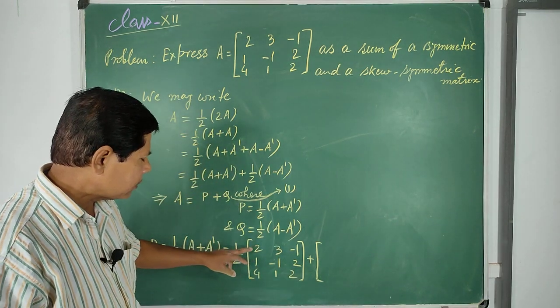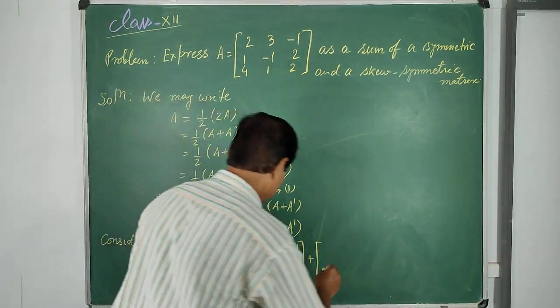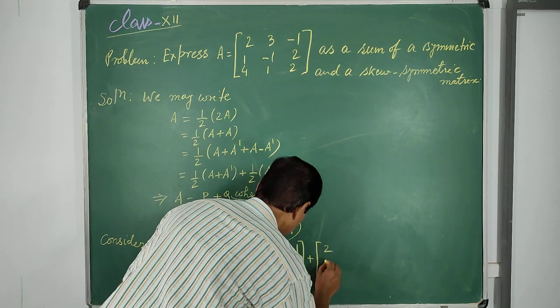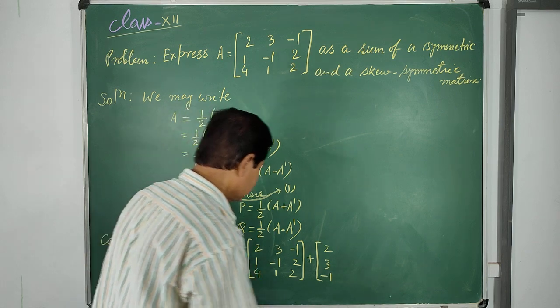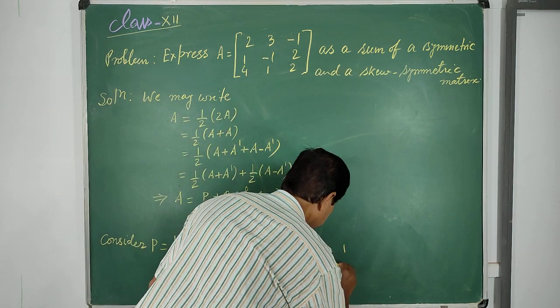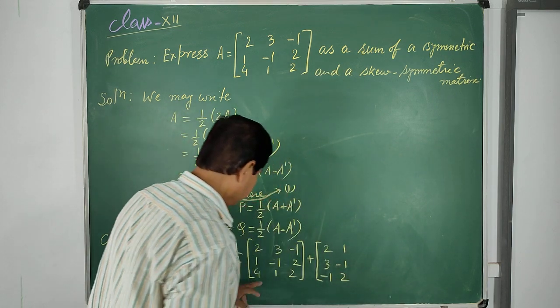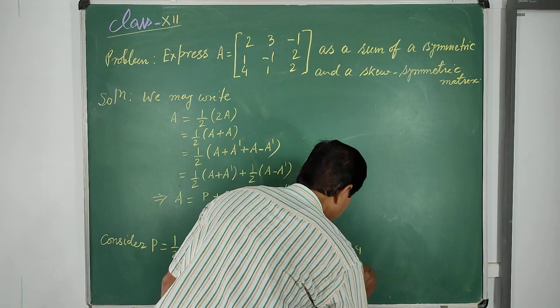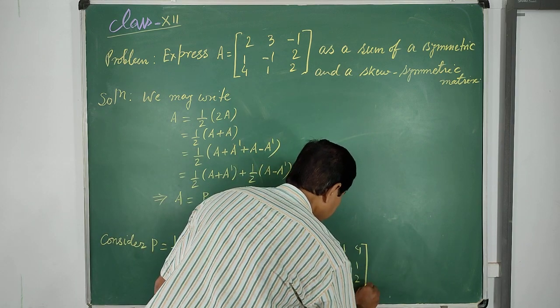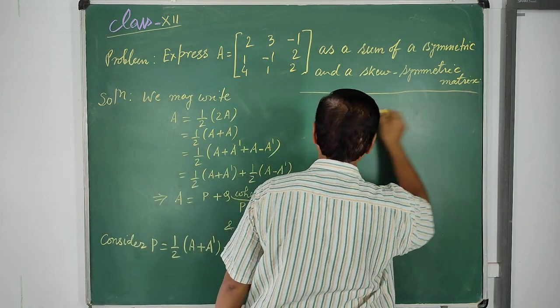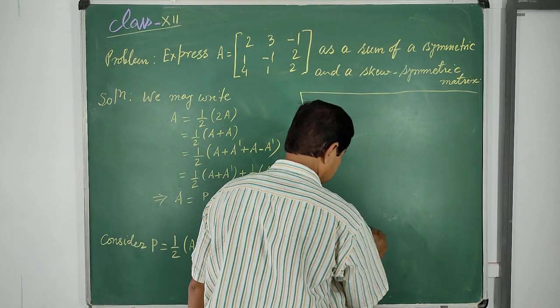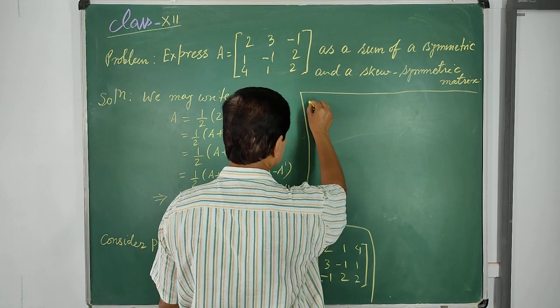So the transpose of this matrix, that is 2, 3, minus 1, first row becomes first column: 1, minus 1, 2, 4, 1, 2. Thereafter, find this sum. This implies P equal to